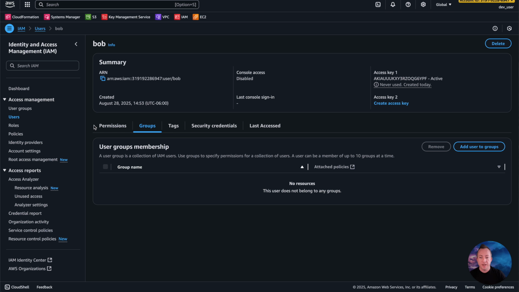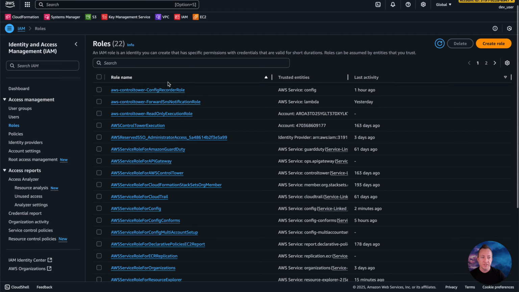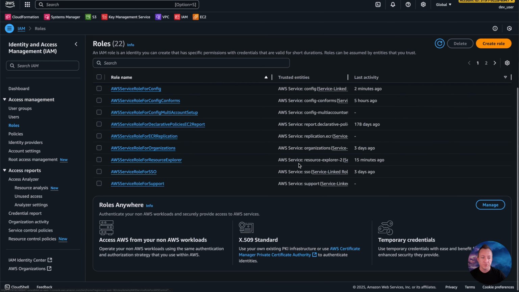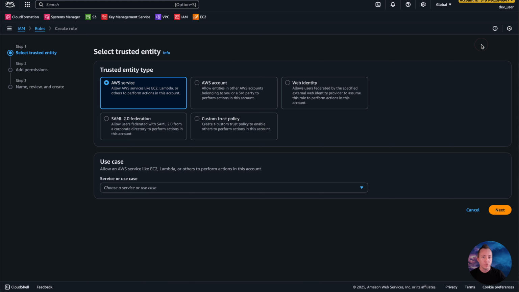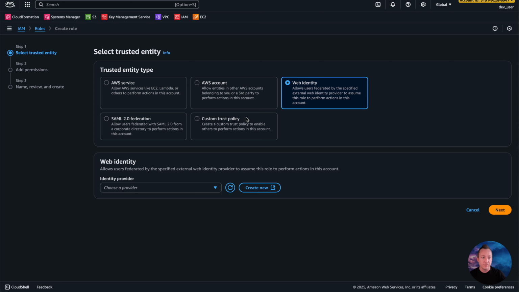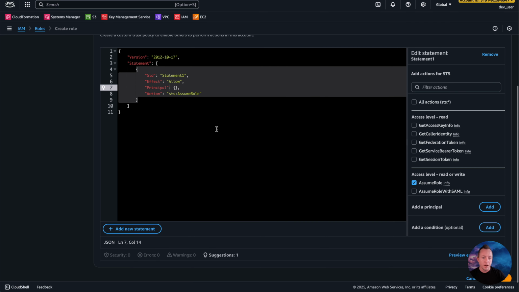All right, so let's hop into roles now. As you can see here, you probably have a whole bunch of roles. There's a bunch of ones for AWS services. I'm going to go and create a new role. In this case, roles can be assumed by services, different accounts, SAML, web identity like OpenID Connect, and things like that. We're going to do a custom trust policy because I want my user Bob to assume